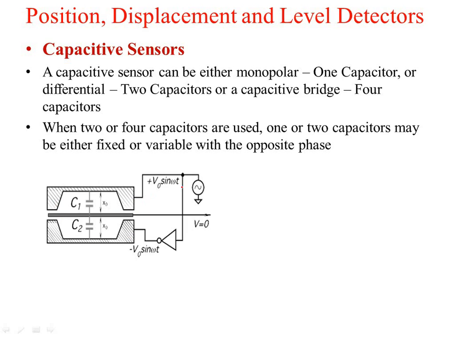So whatever output is generated, this is the output voltage, and this is the excitation voltage you have given. It is the inverted one, and the output, if you take it out of this, will be exactly of opposite polarity, and they will cancel each other, and the output will be 0. That means there is no displacement, and you will say that the sensor is in balance condition.